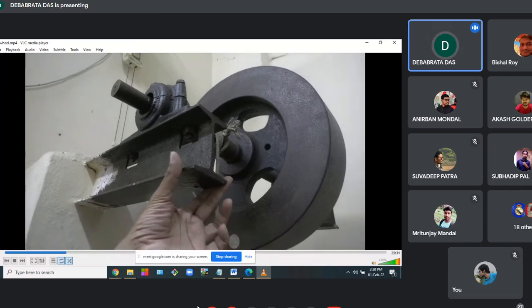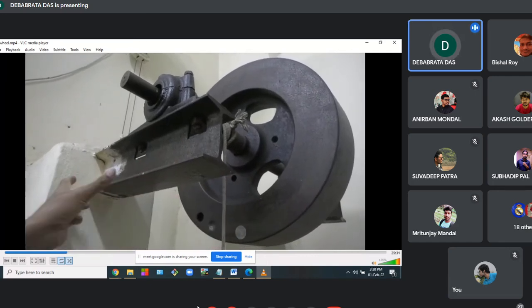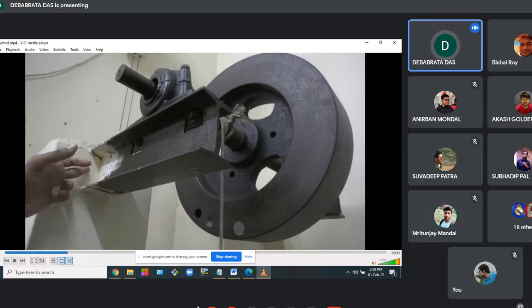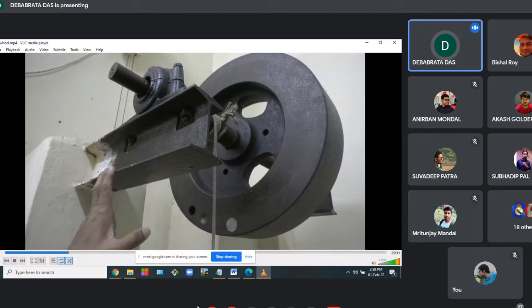So this is a picture of an I section beam. And if you look into its support, then you will find it is a cantilever beam. This beam is fixed at this wall and free. No other supports on this cantilever beam.